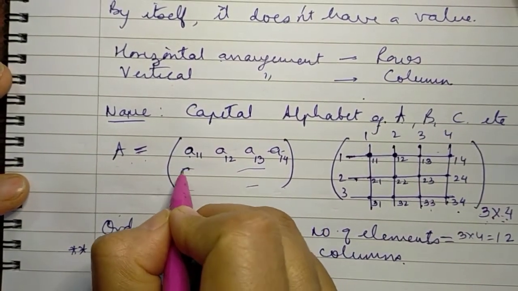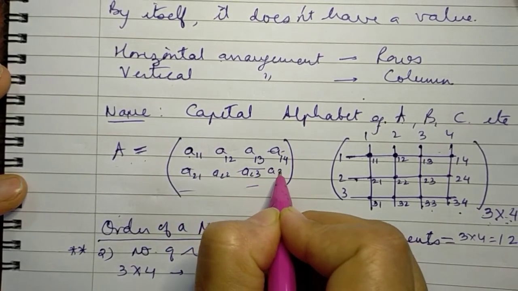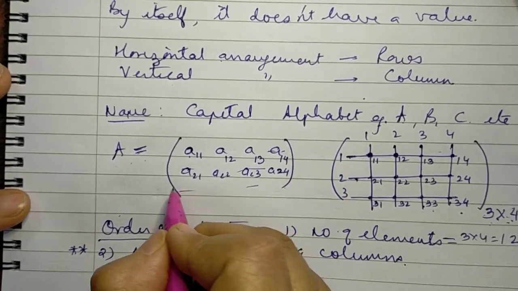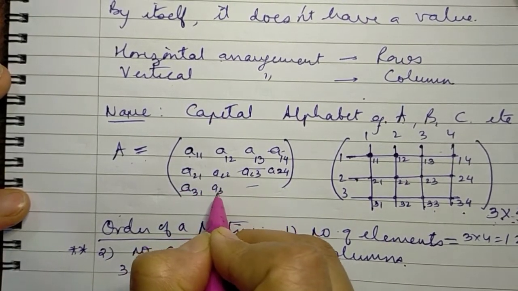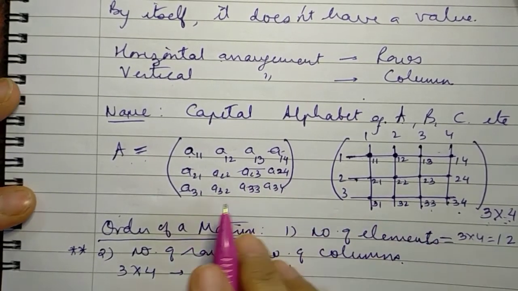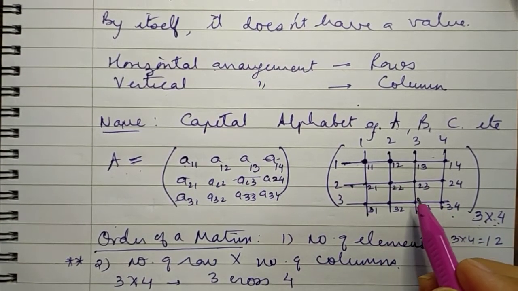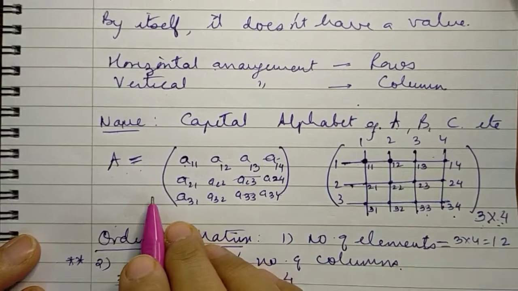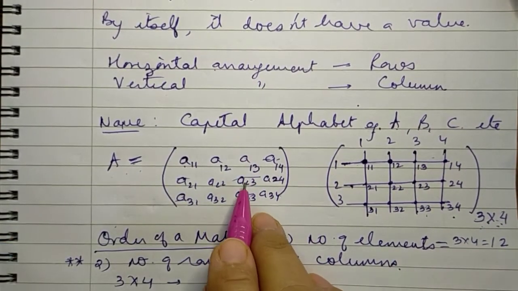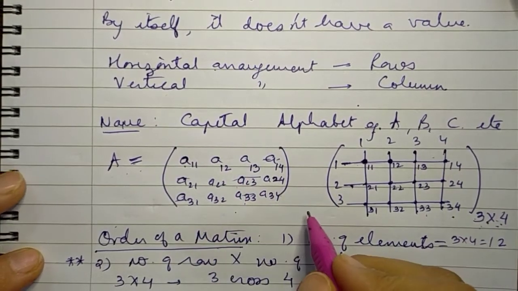So here we write it as A21, A22, A23, A24. And the third row, the elements would be written as A31, A32, A33, and A34. So this is how you represent. So the moment they ask you what is there in the 2 3 position, what will we look at? We will look in the second row and against the third column, and you will find the element in the 2 3 position.